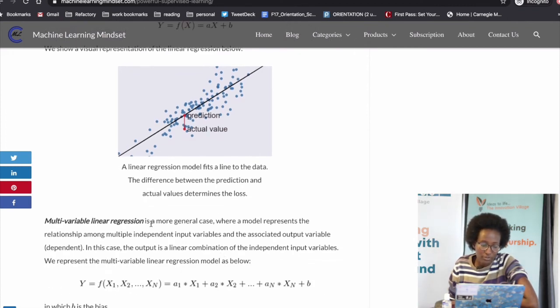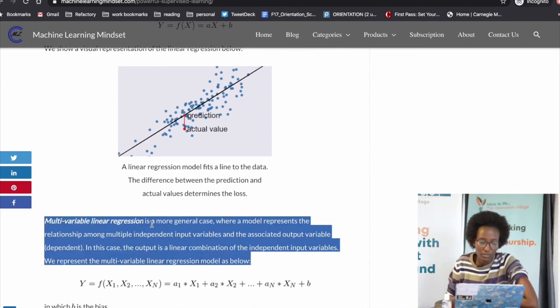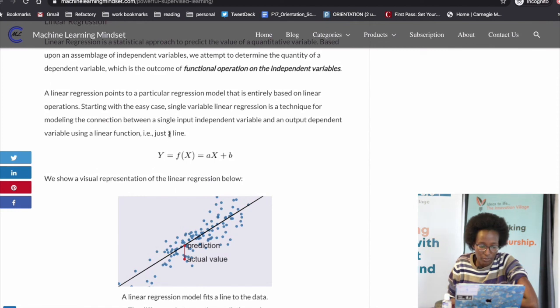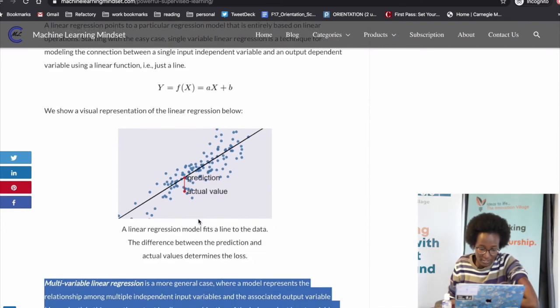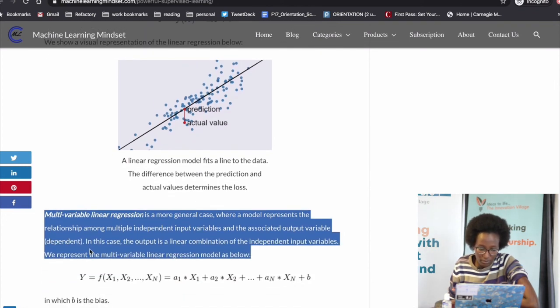So multivariable linear regression, multivariable is just many variables. Here we are just looking at single variable, and this is the notation. So it will be y is equal to ax plus c. So you can see that the independent variable is x, and then the dependent variable is y. And then you build up, this is the line that has been built that best suits this data that you've given it, okay? So multivariable linear regression is a more general case where the model represents the relationship among multiple independent input variables and the associated output variable, that's the dependent. In this case, the output is a linear combination